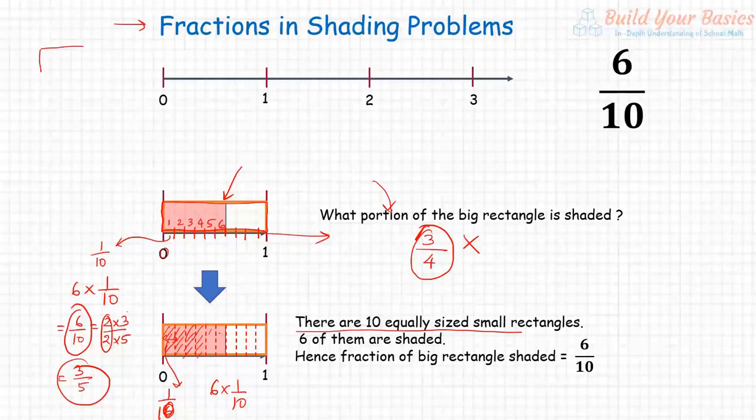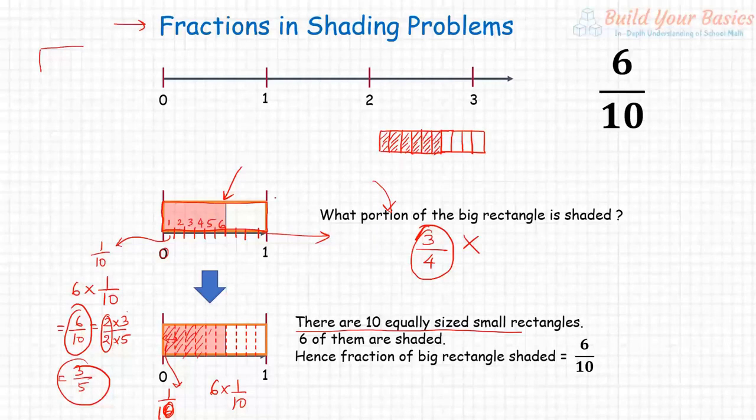Correct? Sir, if this question is asked in the exam, how do we know exactly where to draw the line? Yes. So like here we have the grid. Correct. They have to give you the grid. What they will do is, they will give you this dotted line and show the shading. So exactly the problem in the exam will come like this. They will give you like this: 1, 2, 3, 4, 5, 6, 7, 8, 9, 10. And then they will shade some amount of rectangles like this. But that's easy.